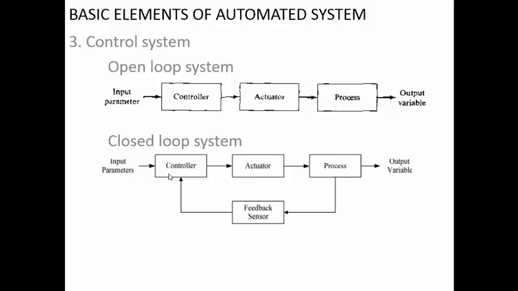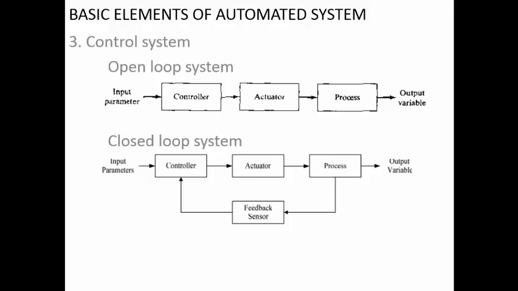You have inbuilt sensors that will read how much movement has taken place. If the movement has completed, the motor will stop. If the movement is not completed, the shaft will continue to move until the required motion is achieved. Cost wise, the closed loop system is more costly because the cost of the controller is also higher. Then you require an additional component in the form of a feedback sensor. So the cost will be higher in the case of the closed loop system.